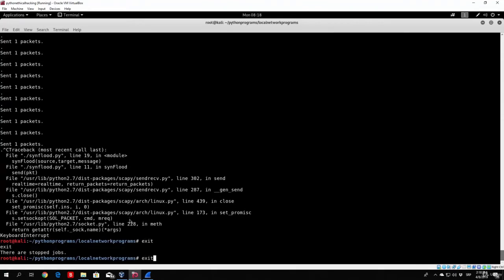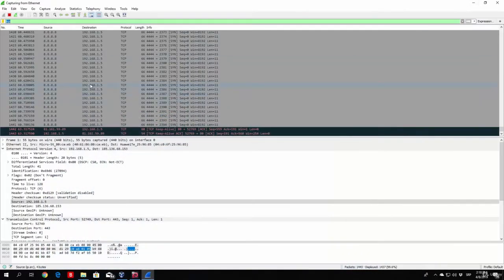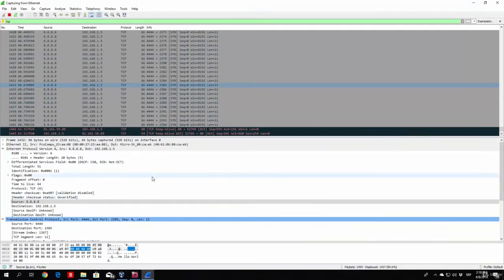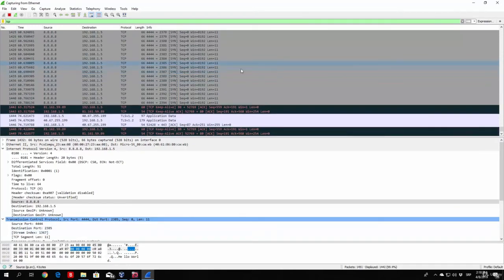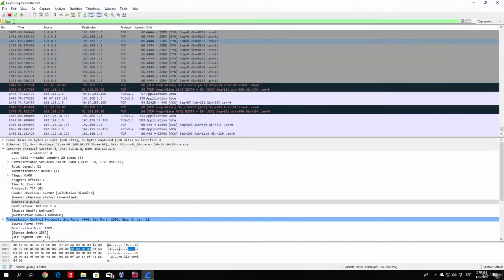Let us exit this. Let us go to our Wireshark. We can inspect some of the packets. As we can see, the actual source port is the 4444. The destination port is the port on our Windows 10 PC. So I believe the next packet will have the destination port of the actual